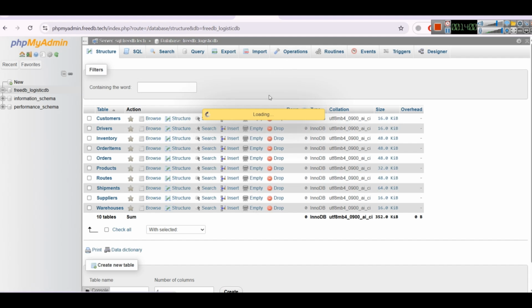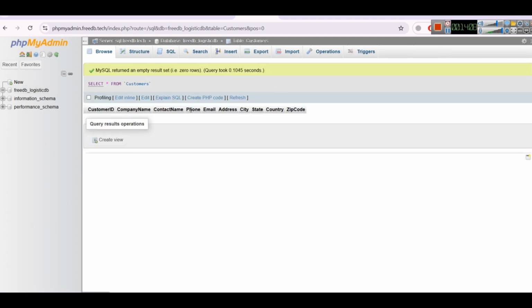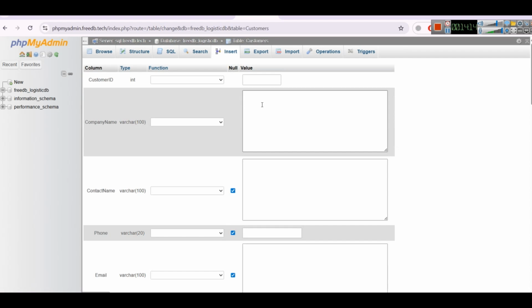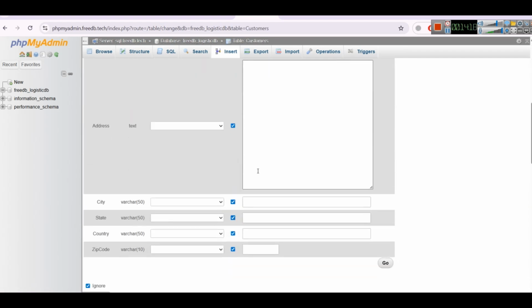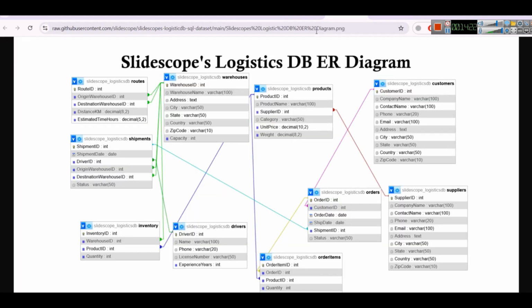Now you can take one particular data like customers, and suppose you have to insert information of customers. So you can just go and insert that information. Here you will write company name, contact name, email, address, city, etc. So for you guys, what I have done is,